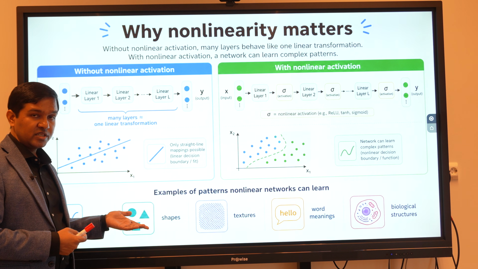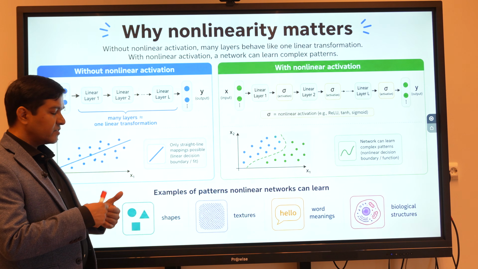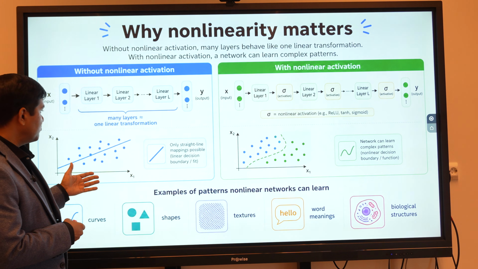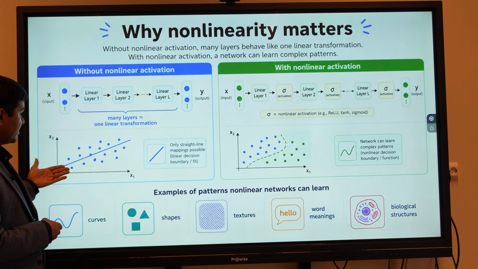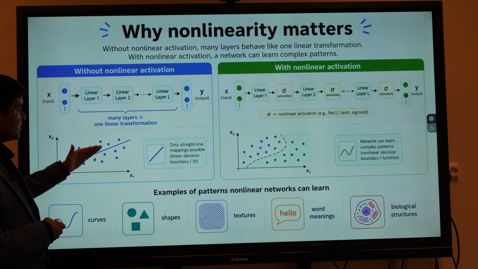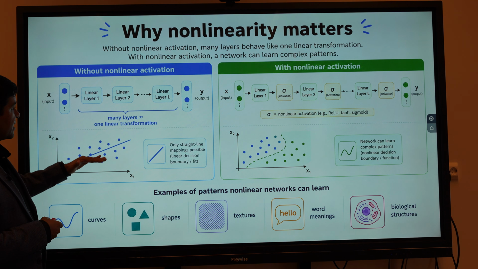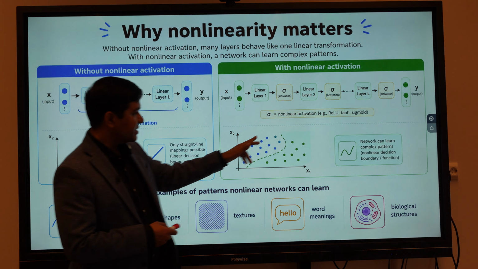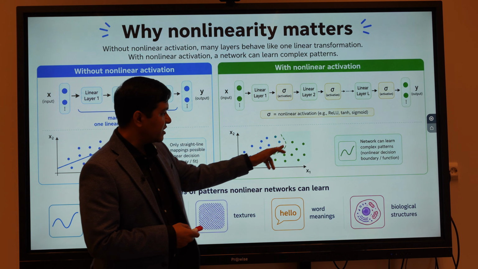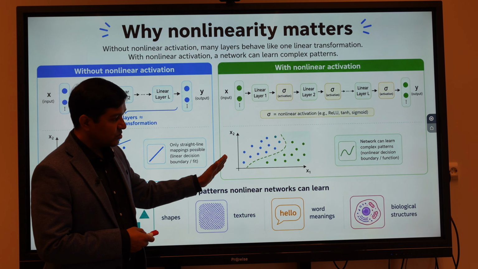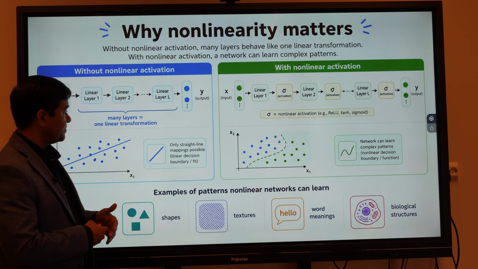Linear means a single straight line doing the separation between this class or that class, and sometimes this kind of representation is not possible. We need a different kind of nonlinear curve to do the group separation. So the need for nonlinearity came up.